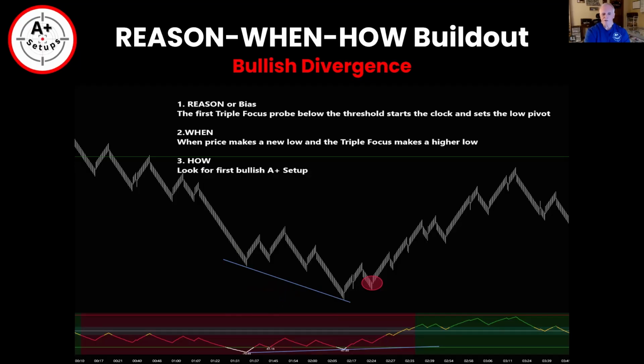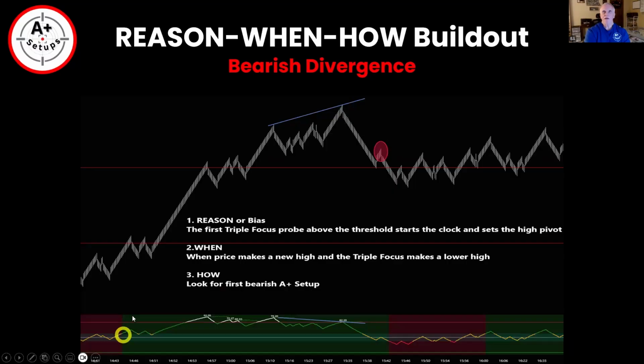All right, so let's take a look now and see, did I load a bearish one? Yeah. So here's the bearish. Now you can see here, this is a good one to talk through. Clock started here. We made a higher high, lower high there, but we never got a continuation to the downside. So we just keep rolling it forward. We make another high here, and we get the first pullback into the trade setup right there